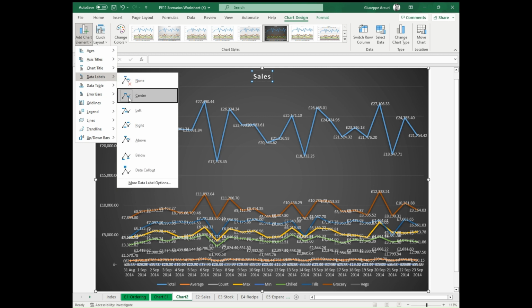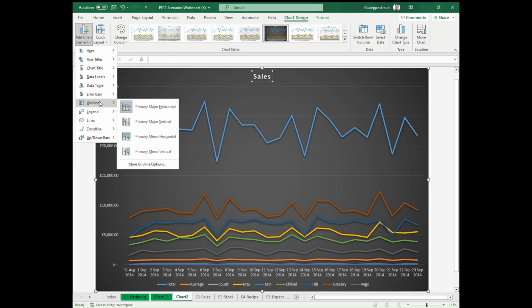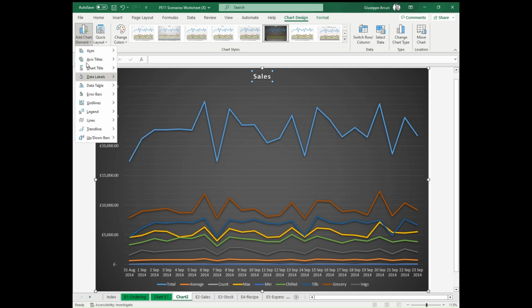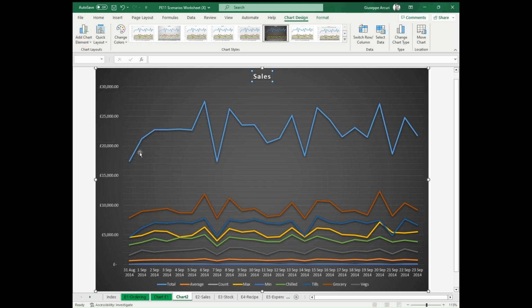We're going to deactivate the data label, none, and we're going to go to add the chart elements again. We're going to do grid lines, and we're going to select all the small grid lines. So grid lines again, and minor vertical as well. As you can see, now it's easier to understand. For instance, September, here there are the numbers, and here it gives you the numbers, so you know pretty much the things. If you click on that, once you position on the numbers there, it will tell you